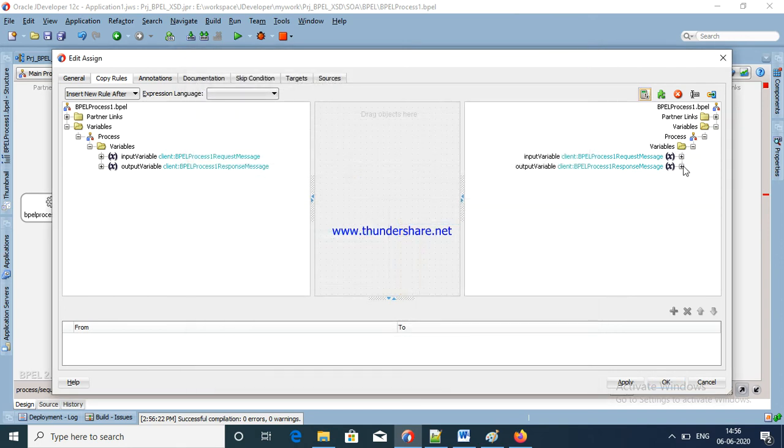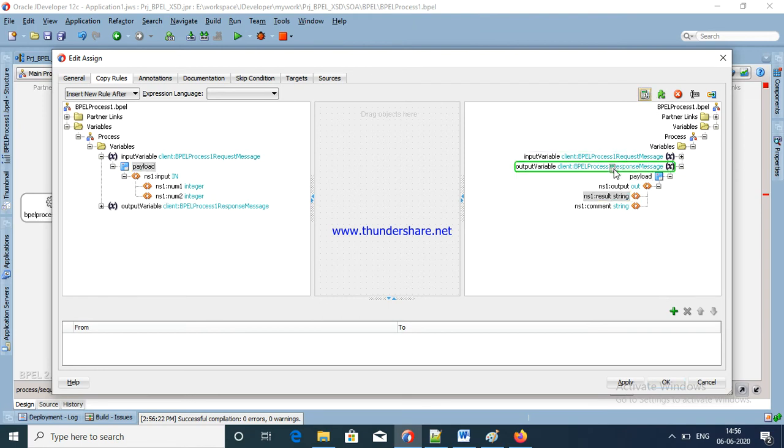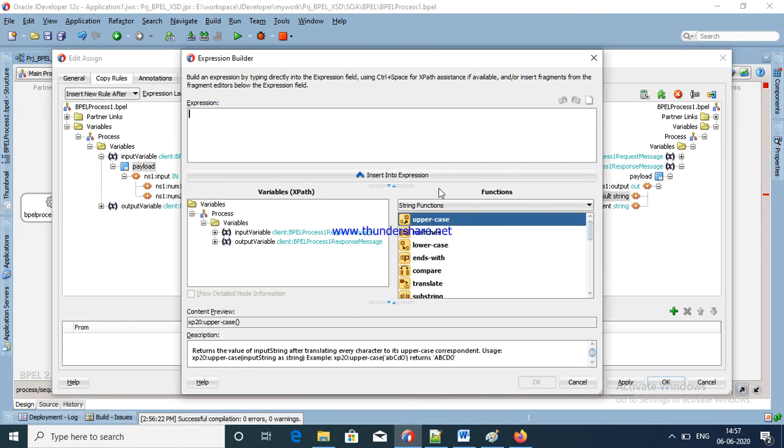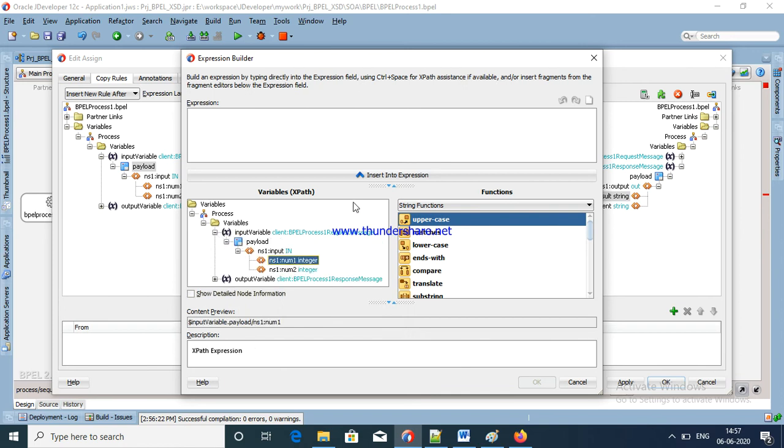In result, I am going to use our input variables plus adding. See here, click here result, express result. Choose input, first number, insert to express.